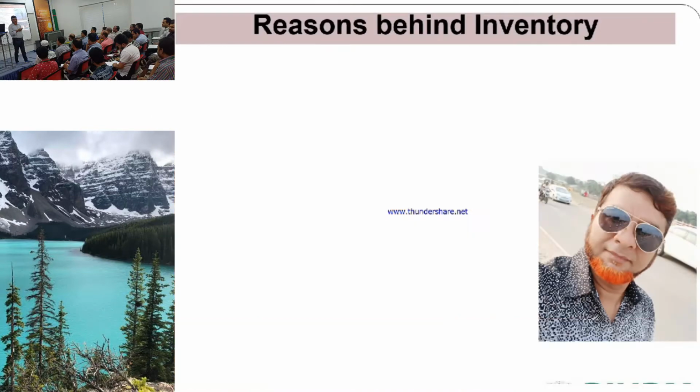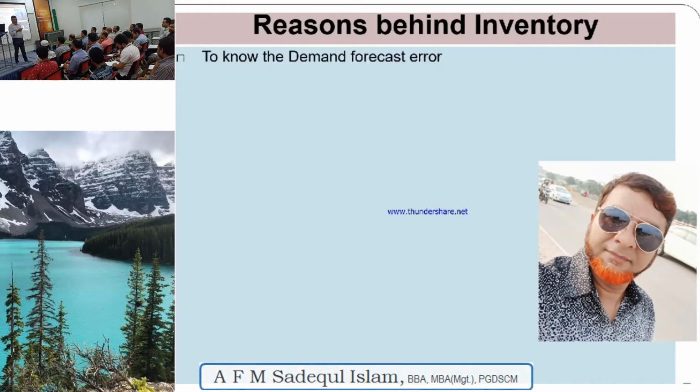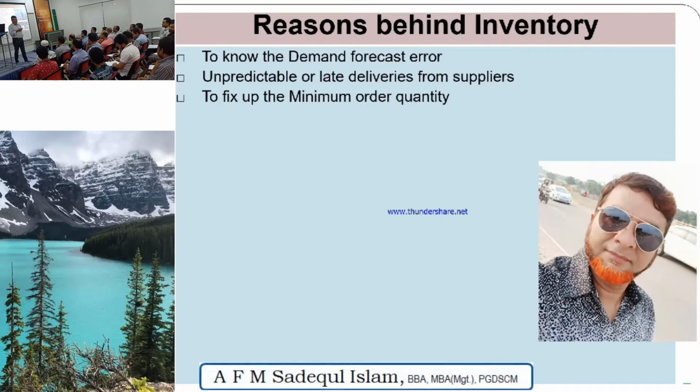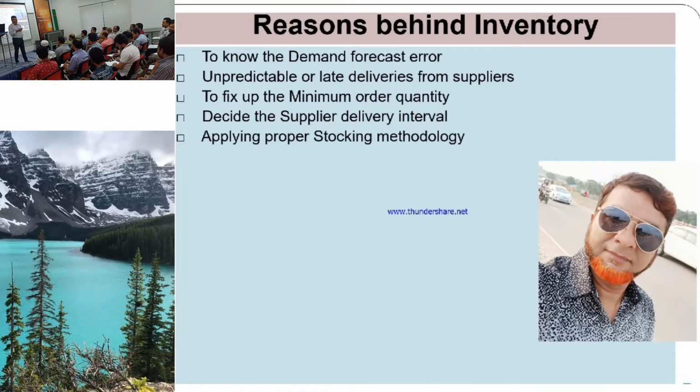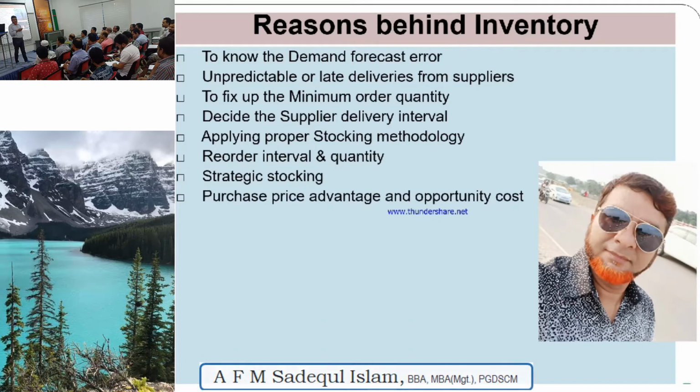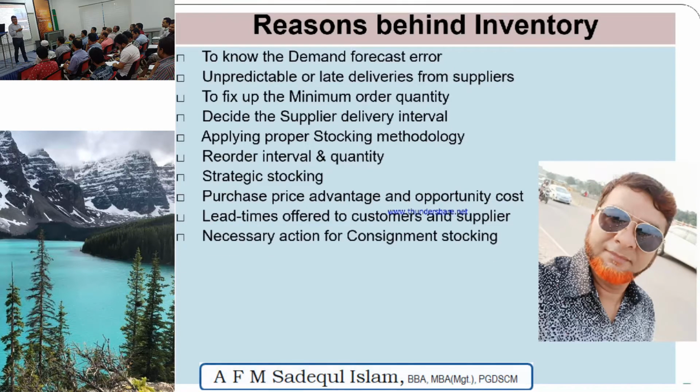Today we will discuss the reasons behind inventory and types of inventory. Why do we need inventory? To know the demand forecast error, unpredictable or late deliveries from suppliers, to fix up the minimum order quantity, decide the supplier delivery interval, applying proper stocking methodology, reorder interval and quality, quantity, strategic stocking, purchase price advantage and opportunity cost, lead time offered to customers and supplier, necessary action for consignment stocking,